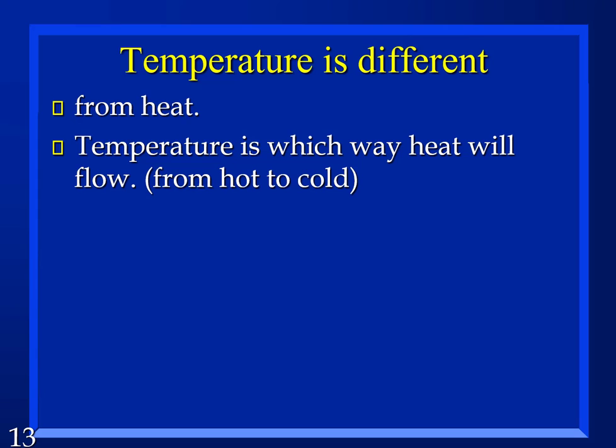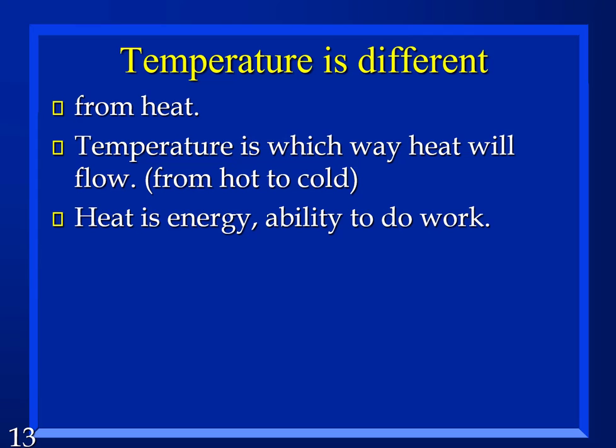So the faster ones are going to knock around the slower ones until they start moving faster, but that's going to slow them down. So you're going to end up at the same temperature for both of them, until they're hitting each other just as hard. And then they won't be able to change each other's temperature anymore. Because temperature is about motion, that's what gives heat its direction. Because the slow moving ones are not going to hit the fast moving one and make it move faster. You're never going to put ice into water until it boils. That's not going to work, right?